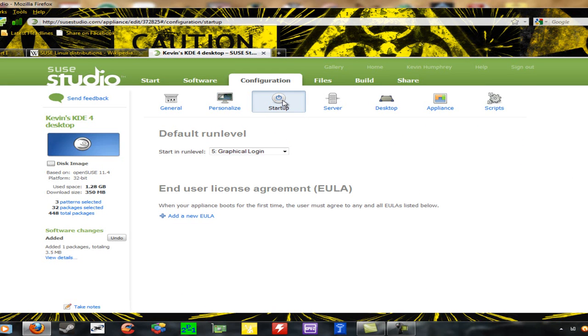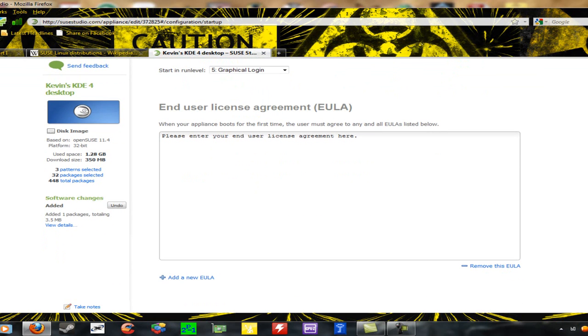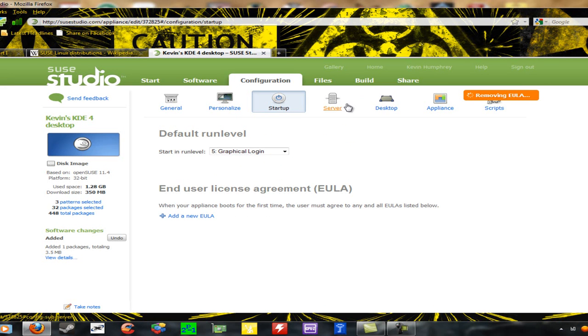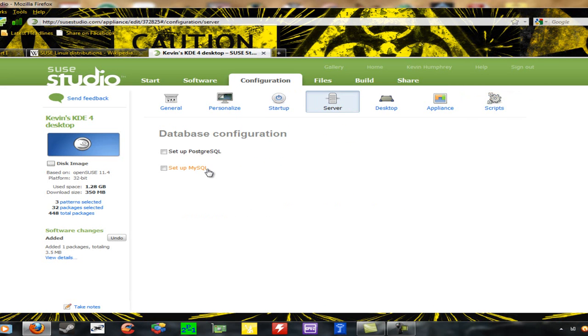Startup. You're probably going to want to leave it at graphical login so people can just log in. End user license agreement, EULA. You can write your own EULA, like add new EULA. Then you can enter your user agreement there. Server, you can set up